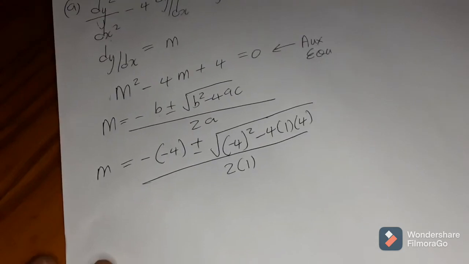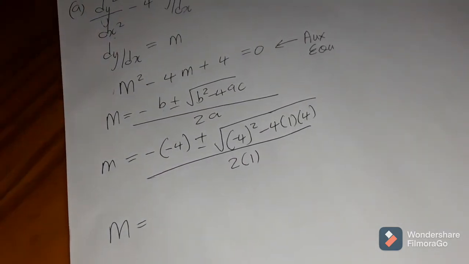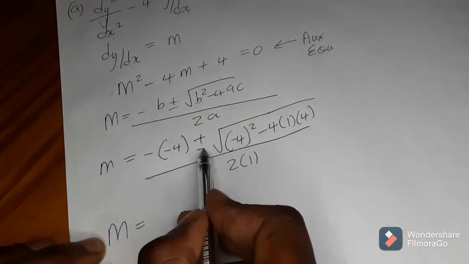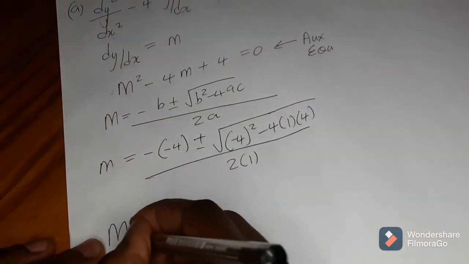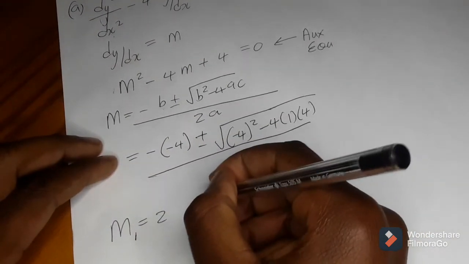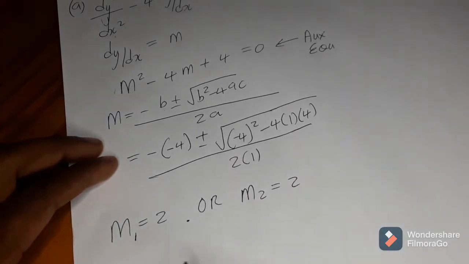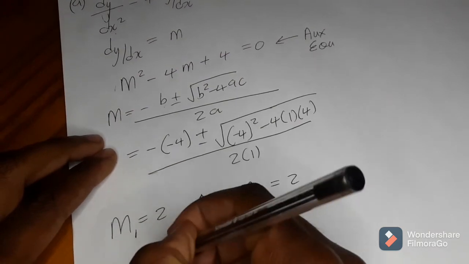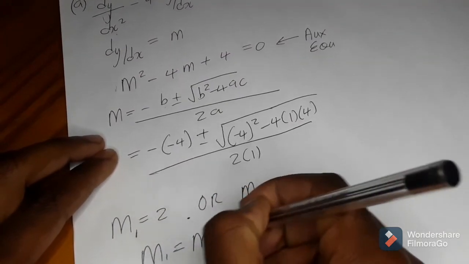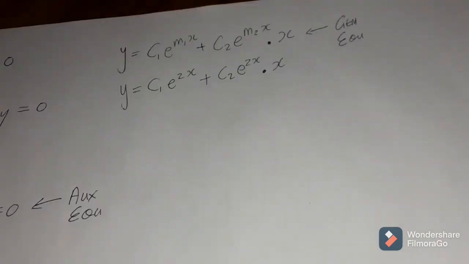Okay, so from here you just find the factors of m. We're gonna have two factors because of this plus or minus. So our m1 will be 2, and our m2 will be 2. So you can conclude here and say m1 equals m2 equals 2. So as you can see, the factors are the same. So when the factors are the same,